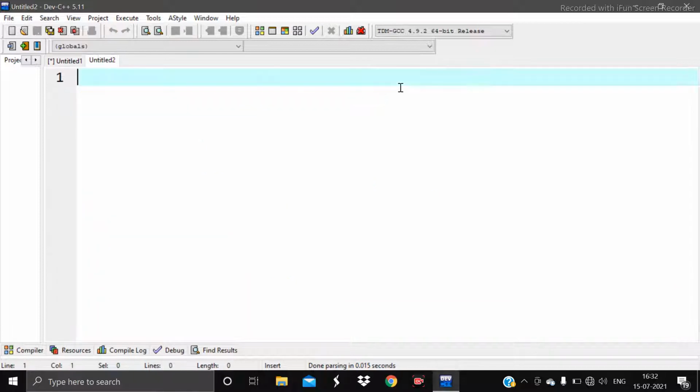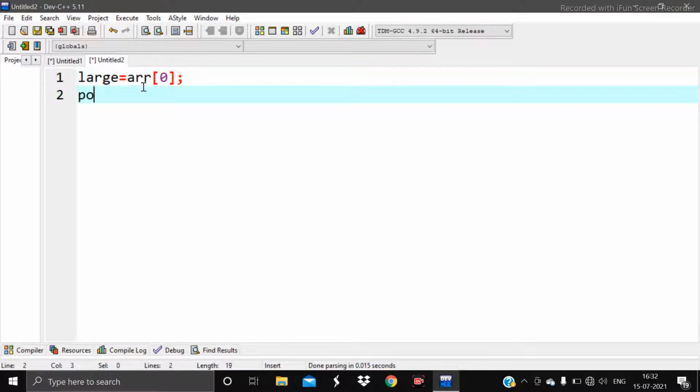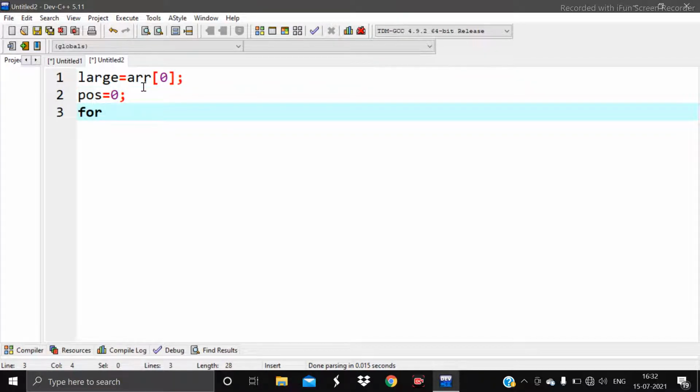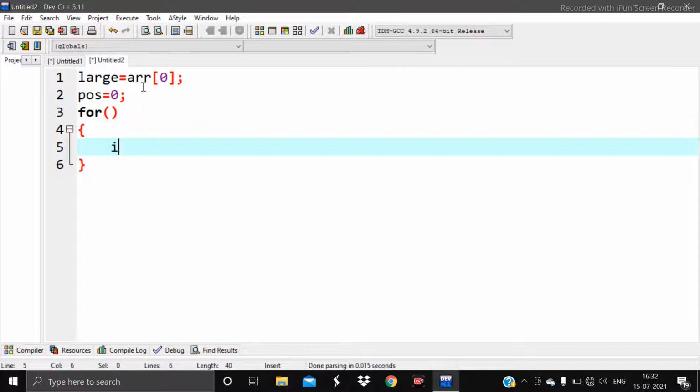Now let's start with the main logic. What is the main logic here? If anyone hasn't seen my previous video about how you can find the smallest number, here the logic is similar to that. Firstly, we have to declare that the large variable is equal to the element of the zeroth index. Then the position will already be 0. Then we have to use a for loop, and in the for loop we will check whether any value in the array is greater than the value of the first index.